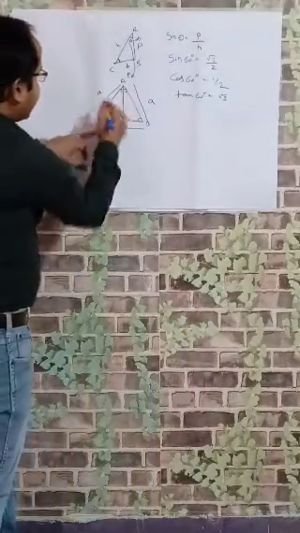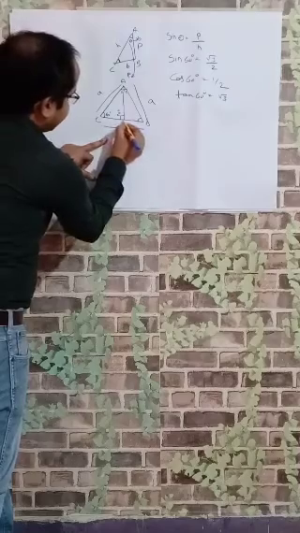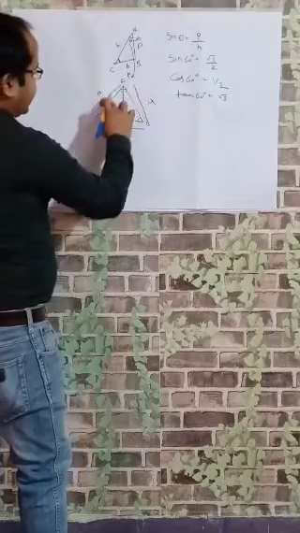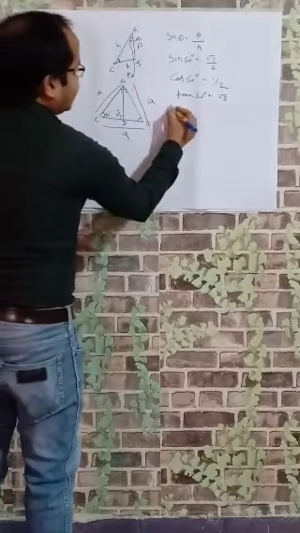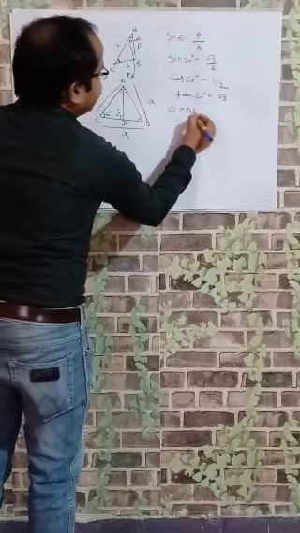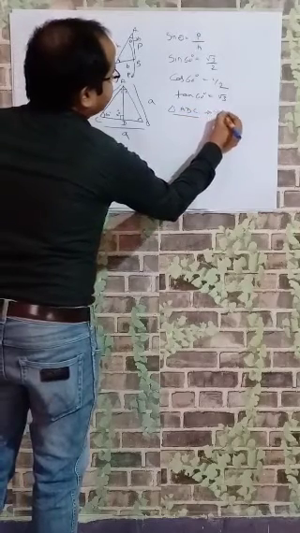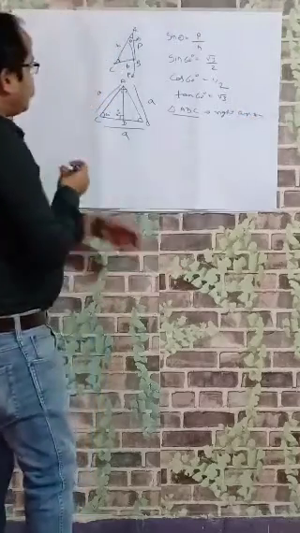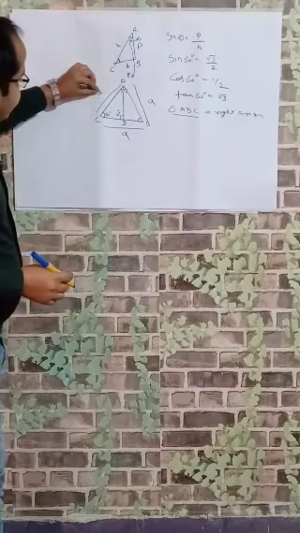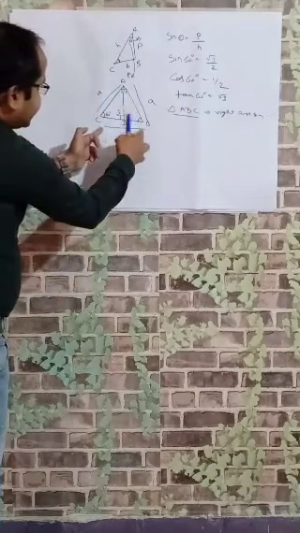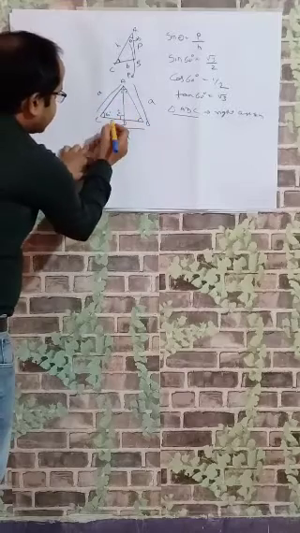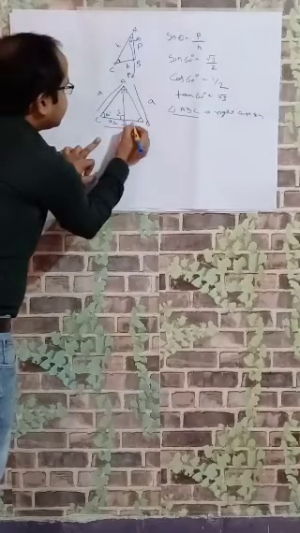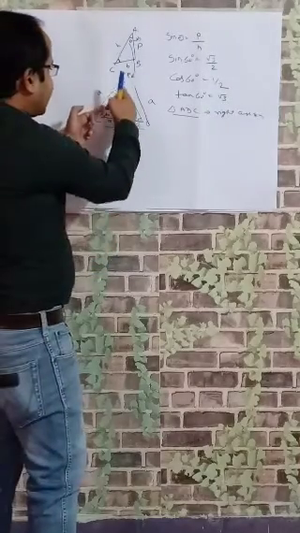Let us say this is D, so with A, B, C, this is D. Now this is a right angle triangle: A, D, C is a right angle triangle. So the hypotenuse length is A. Since this bisector also divides the opposite side into two equal halves, this will be A by 2 and this will be A by 2. Now this is a right angle triangle.